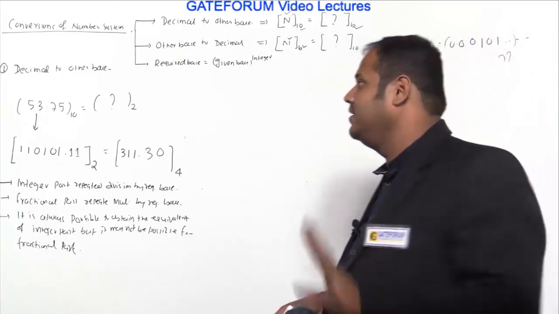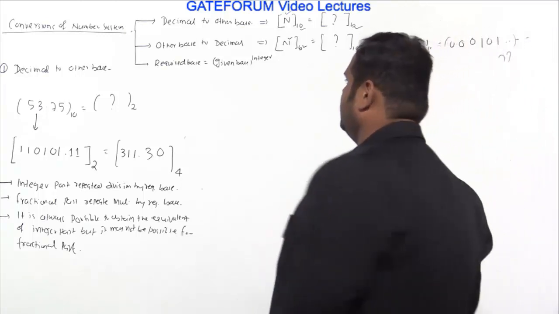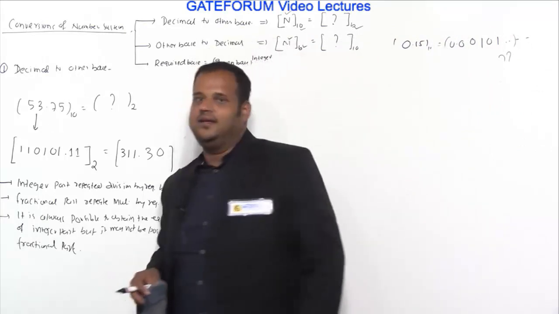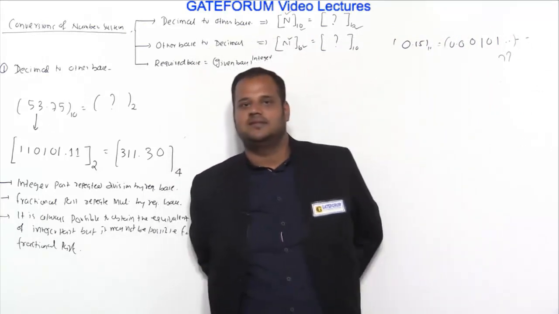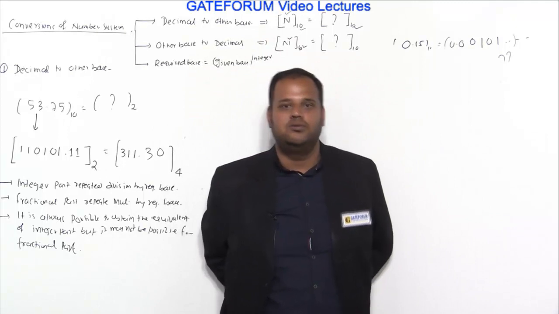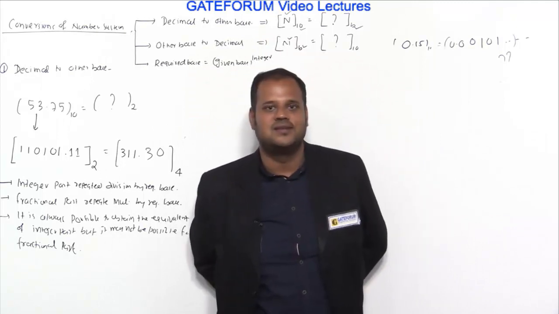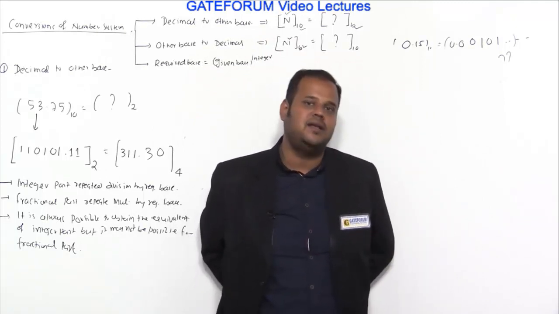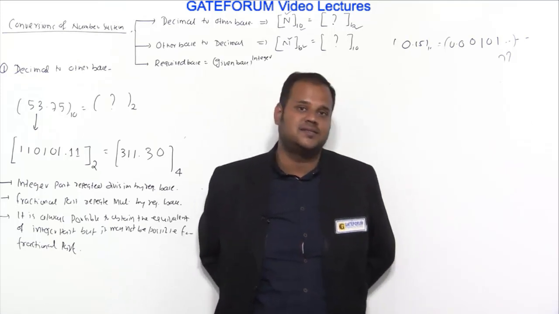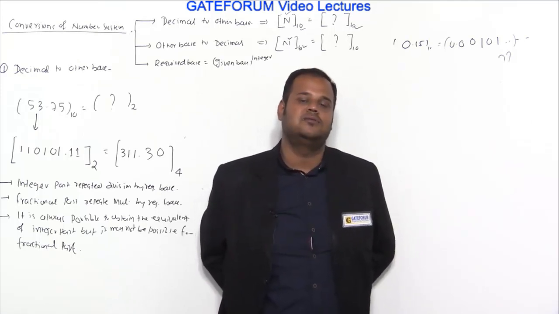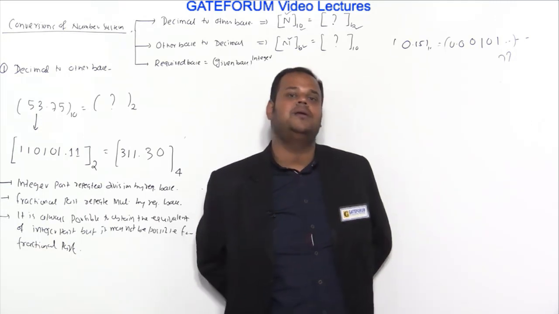So the fractional part, it may or it may not terminate. That's why you cannot do it. If some of you are good with calculators and know how to do the base conversion using calculators, you will see that when you put in the integer part, the calculator will always show you the answer. But if you put in a fractional part, it will show a math error. If you have a calculator, you can check it out.